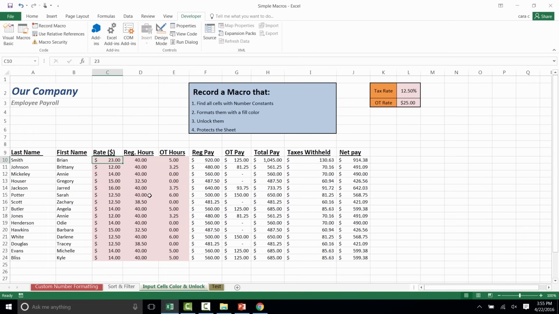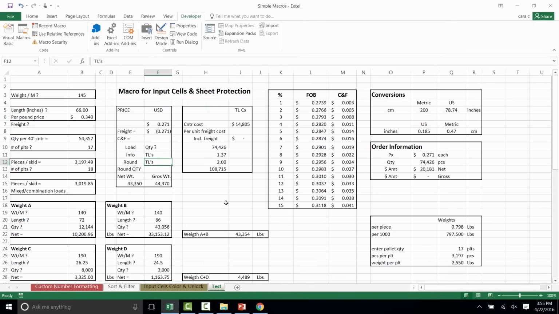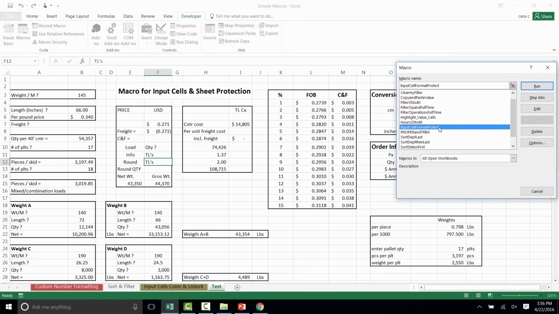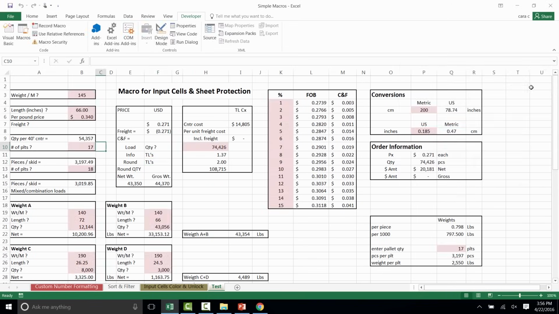And if we want to test this and see if it works, we can go to a completely different looking sheet here, which very much looks completely different. And it should still work here because of the pathways that we used. So I'll go to my Macros button up here. I'll find my macro, which has to do with Input Cell Format Protect, and I'll click on Run,